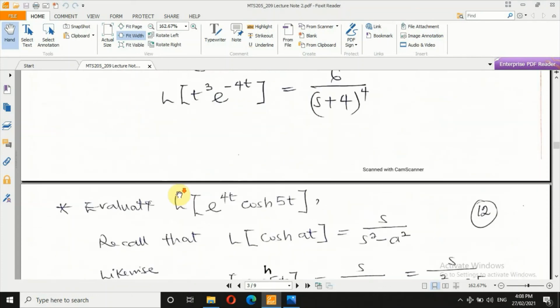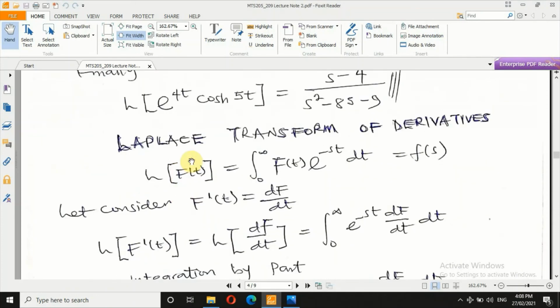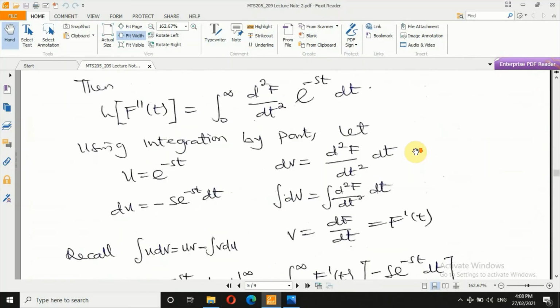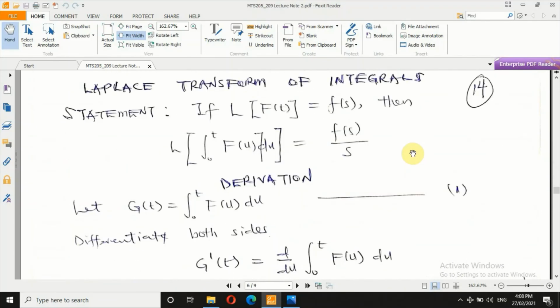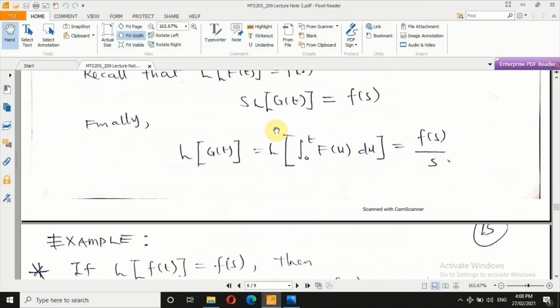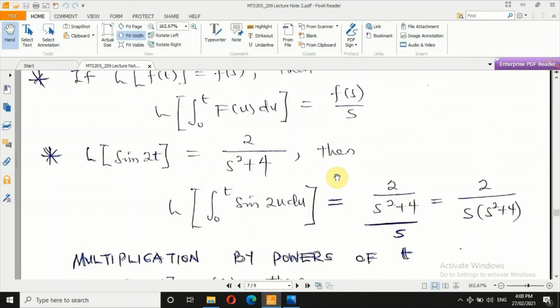So we consider all these following examples, and at the same time we consider Laplace transform of derivatives. We consider first derivative, second derivative, third derivative, and at the same time we consider Laplace transform of what? Of integrals. Now at the end of this integral, we prove the statement, the derivation, and from here you can now see that if I ask you to find Laplace transform of the integral from 0 to t of sin u,